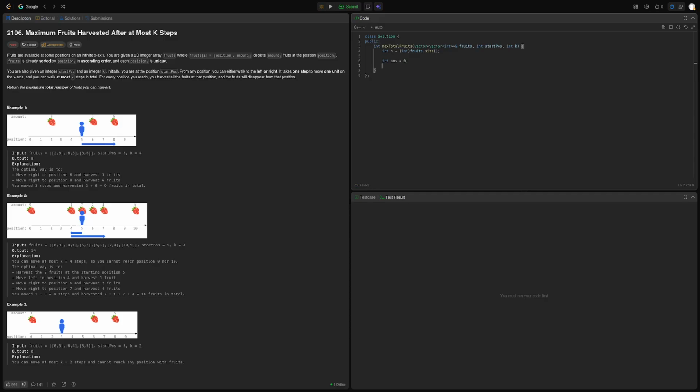Now we compute the prefix sums. So prefix of n plus 1, and prefix I plus 1 is prefix I plus the fruits at position I, and then the amount is the second element. Now that we have that,